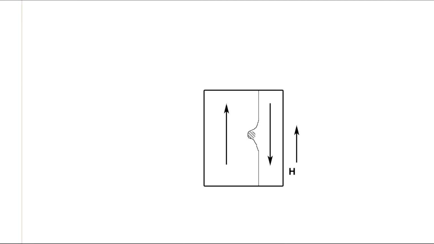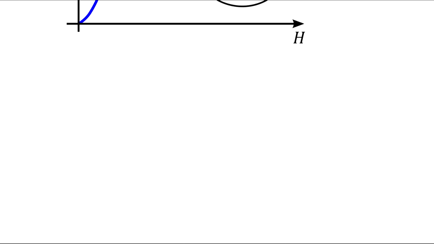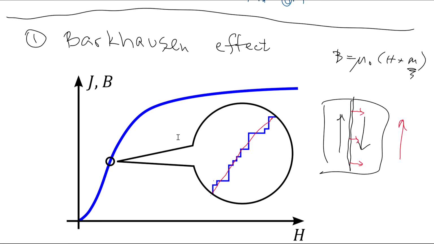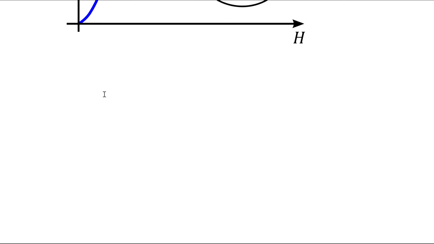So what it means is that at a certain magnetic field, the domain wall takes a certain position, and you have to apply a higher magnetic field for the domain wall to get moving forward. And while the domain wall is bent, you have magnetization that's not changing. So that's one of the experiments that was indicating the existence of ferromagnetic domains. The other, a bit more straightforward